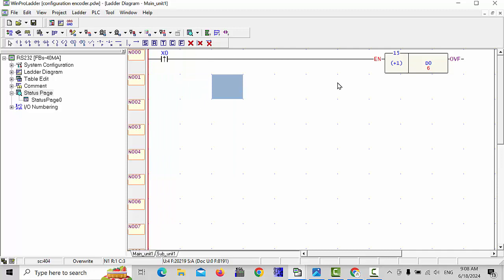And after the increment, how can the data be used? You have to use it in the program in different ways, depending on which logic you made for which machine. At that time you have to choose which command to use. For example, I will choose it here, the compare command one more,